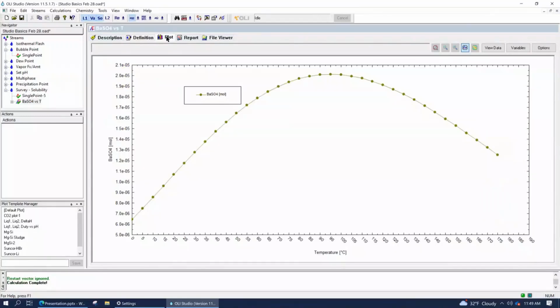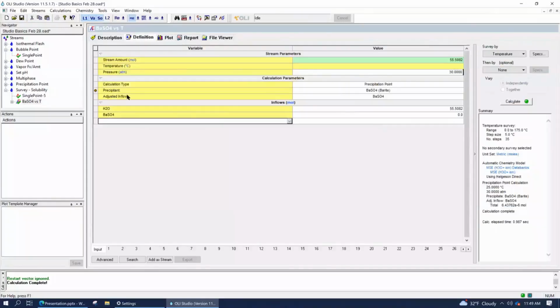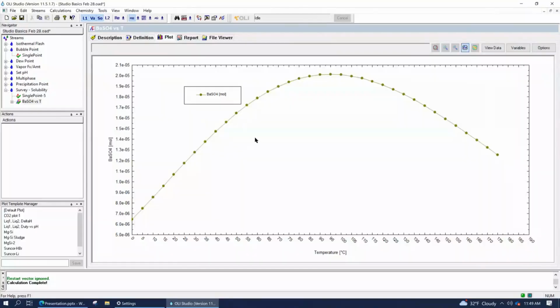There's some smart logic in the software, in that if I ask the software to adjust a dependent variable as a function of an independent variable, the software knows that's probably the plot that you want to see. So when you click on the plot tab, what the software is going to show you is the solubility of barium sulfate, or the amount of barium sulfate that had to be added to water in order for the solid to form as a function of temperature.